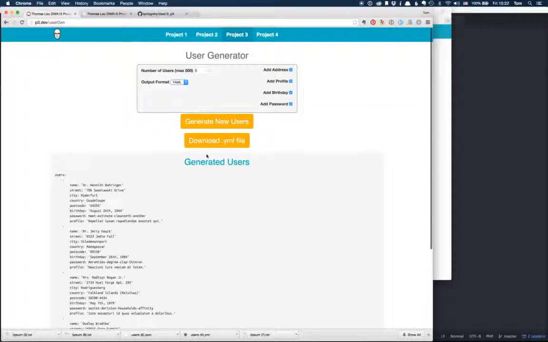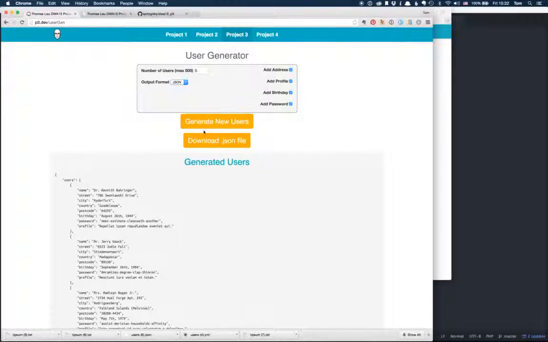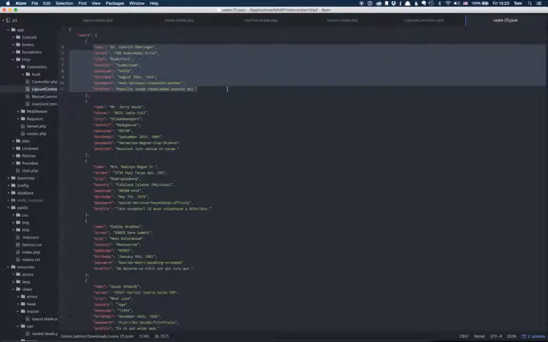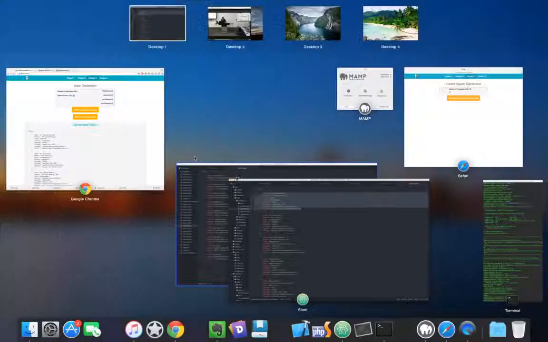Now, as well as updating the displayed users, and we can see here it's the same guy, it will also update the type of file that will be downloaded. So we can do a .yml extension, a .json extension, or .csv. If I click .json, I'll get users.json, and we can see that this is in fact the same person. So this is the data that was created there. If I go back,